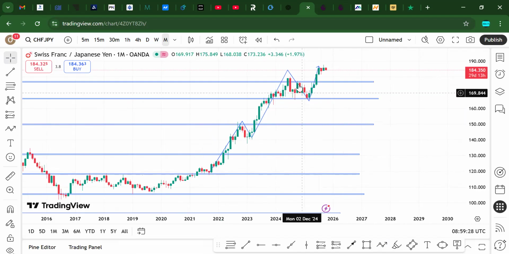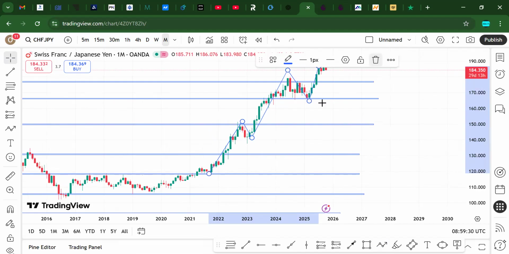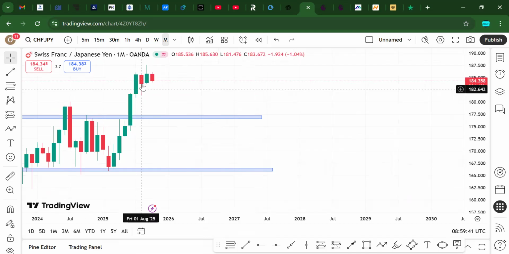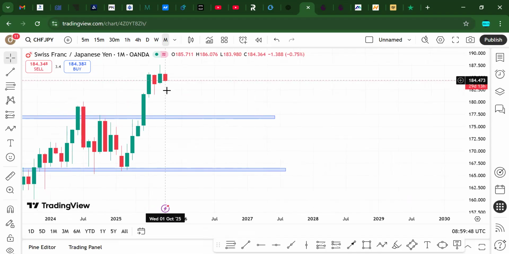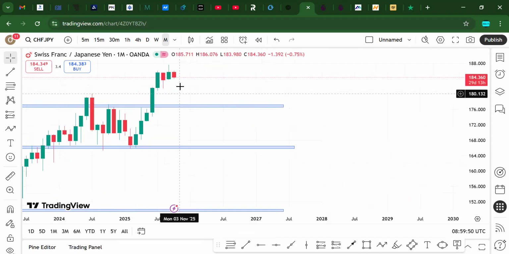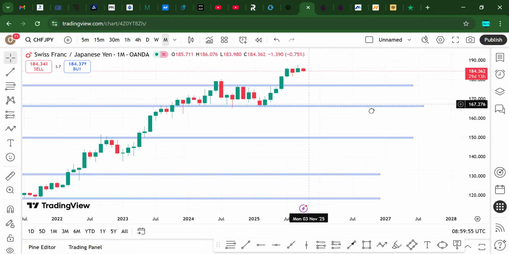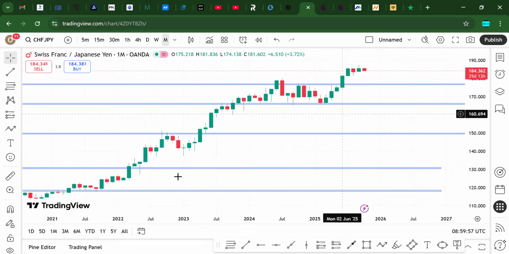And then from these green candles that we can see for the past 1, 2, 3, 4, 5 months, the market had been going upwards. However, if we look closer, we can see that for the past 1, 2, 3 months, there has been a battle between buyers and sellers. And currently, from this red candle, we can see that sellers are in control of the market. However, that doesn't change the fact that this particular currency pair is in an uptrend,